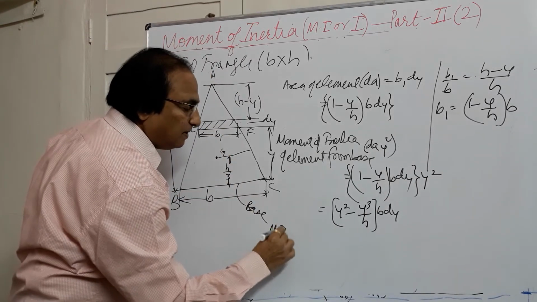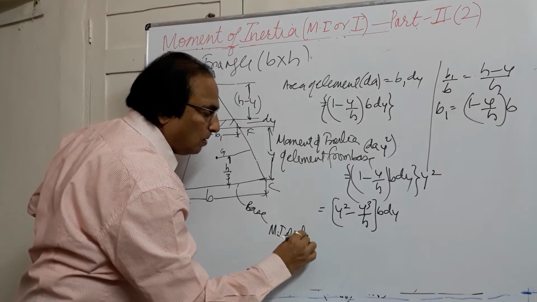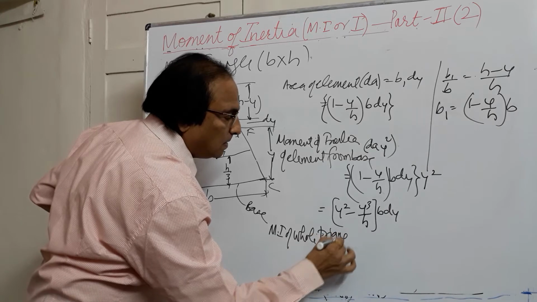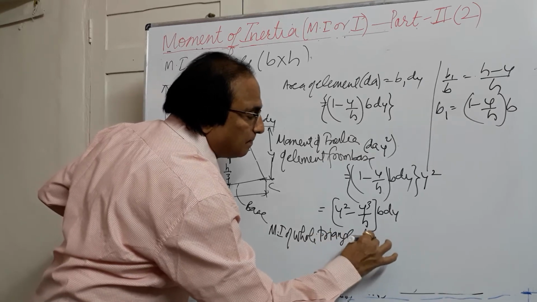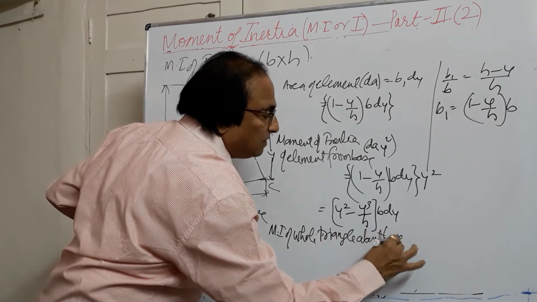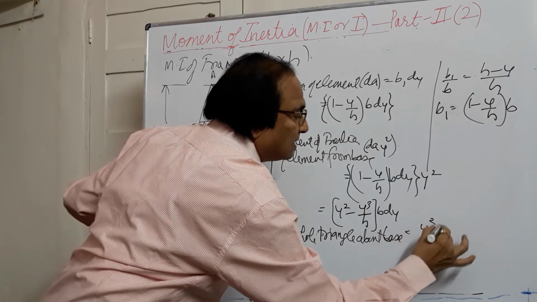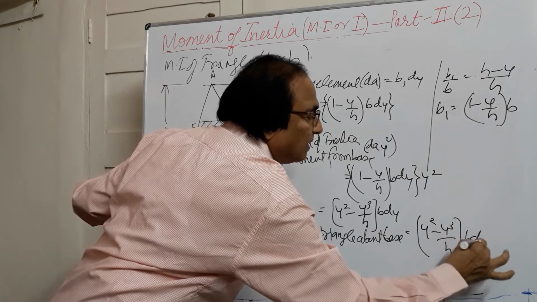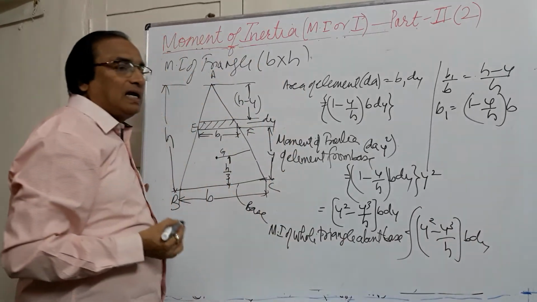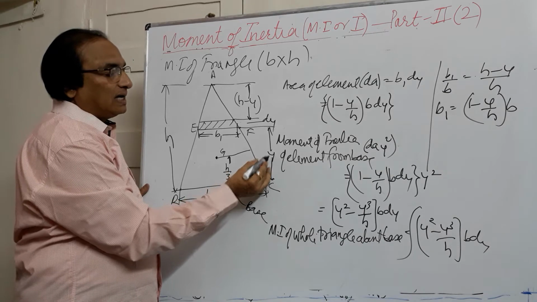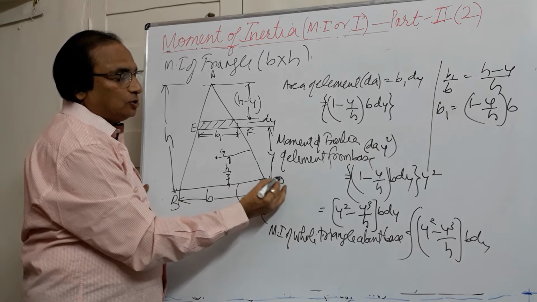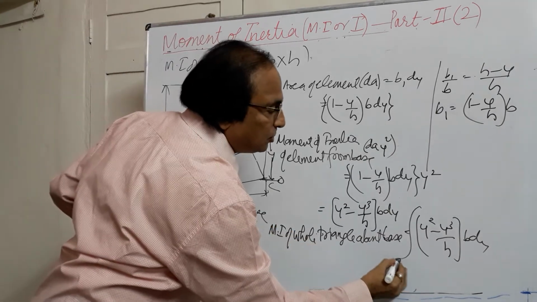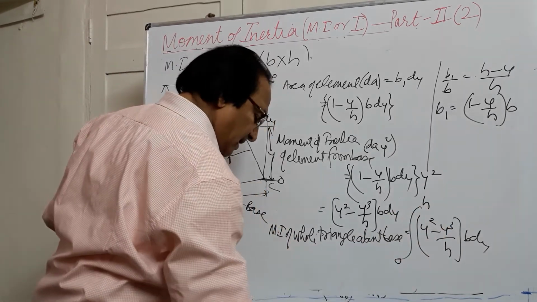Like this, moment of inertia of the whole triangle about base will be equal to the integral of y square minus y cube by h into b into dy. I will integrate it. And what is the variable here? y. We are taking y from the base. So y will go from 0 to the height of the triangle, so this will be 0 to h. If you integrate this,